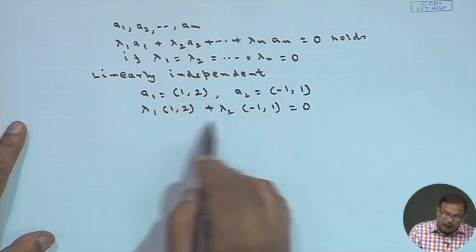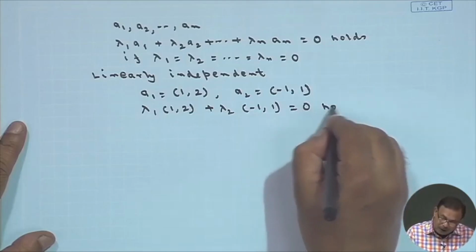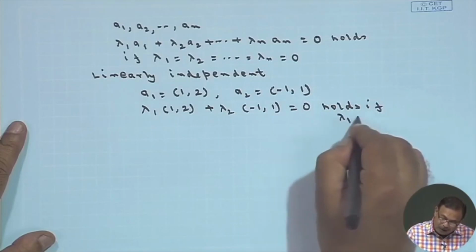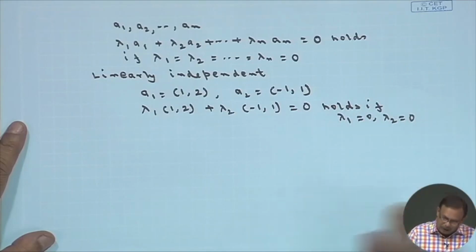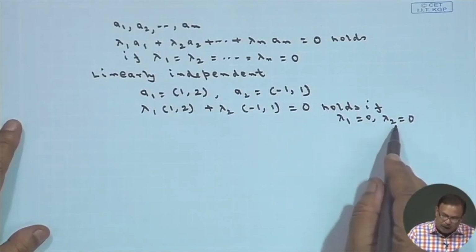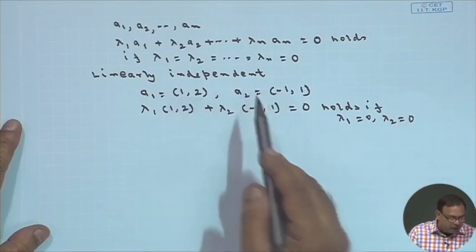If we calculate, you will find I am not getting any value. This will hold only if lambda 1 is 0 and lambda 2 is 0. So A1 and A2 are